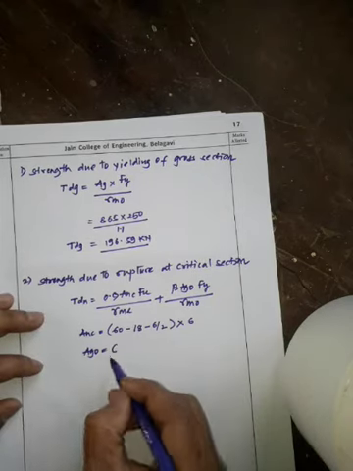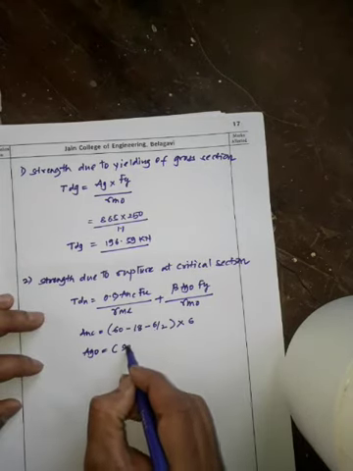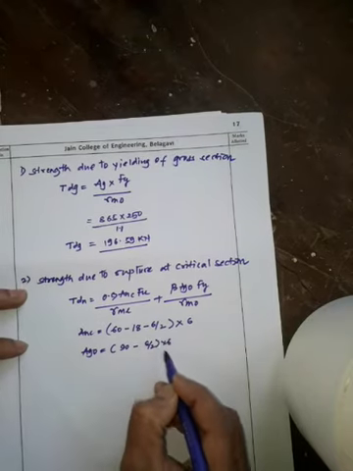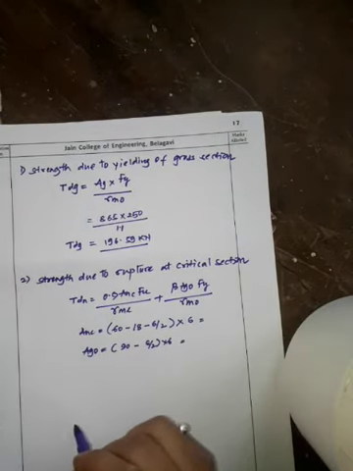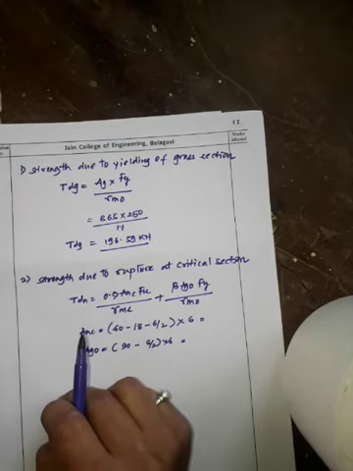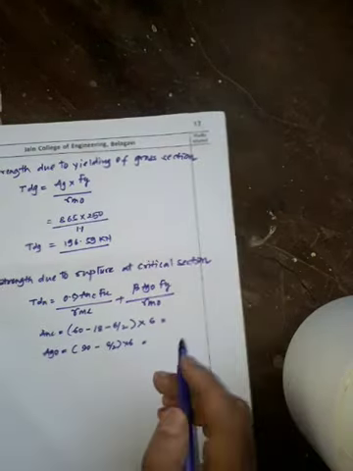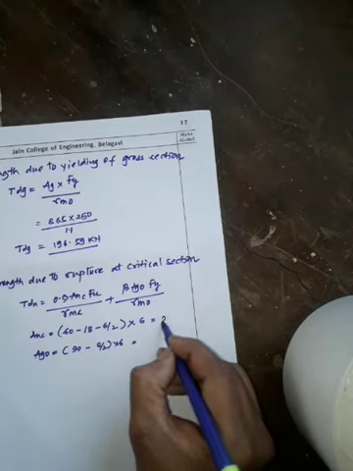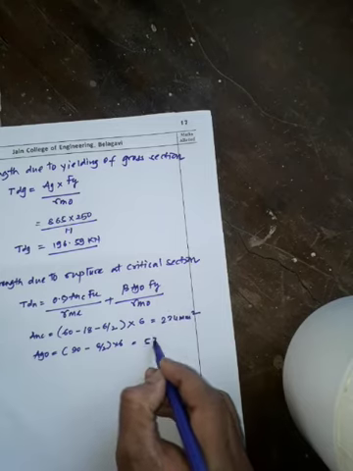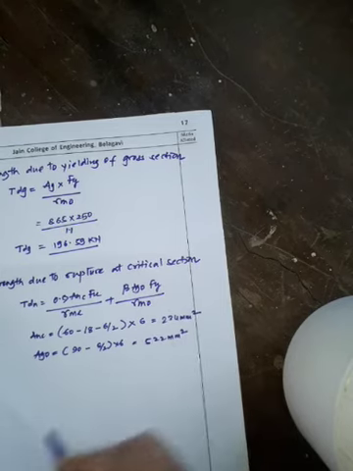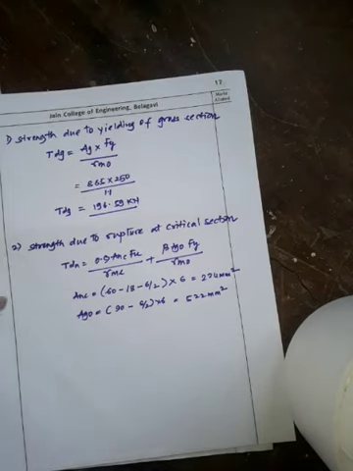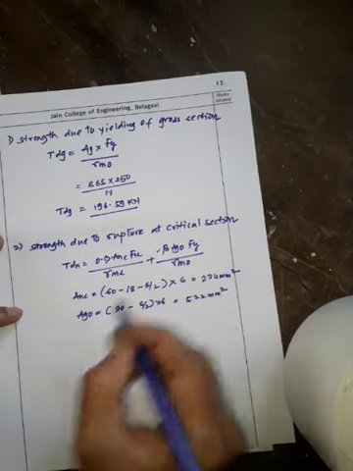Okay, then for the outstanding leg, 90 minus, there is no bolt hole, so 6 by 2 into 6. Okay, so we got the ANC and AGO. After getting ANC and AGO, I think this is 234 mm square, and this is 522 mm square. Okay. So after getting the ANC and AGO, next we have to find out beta.